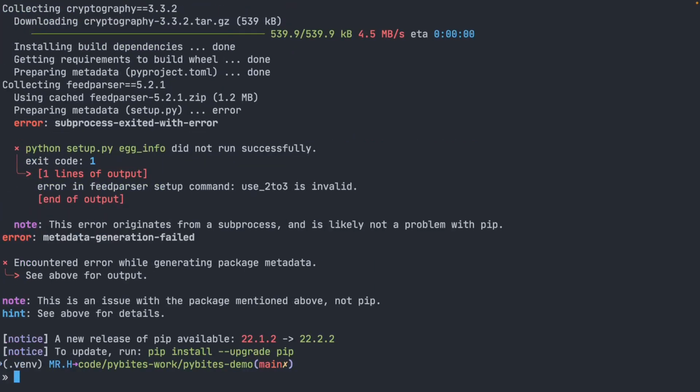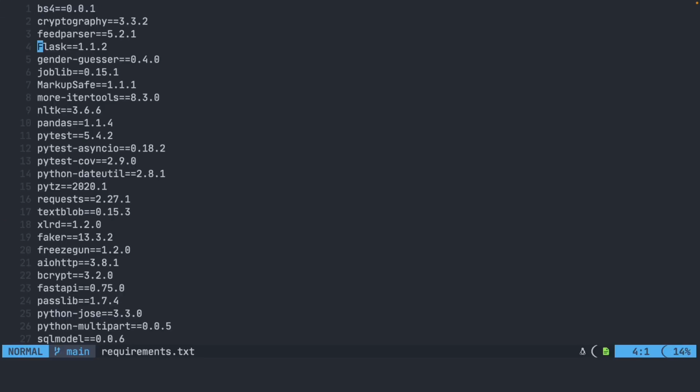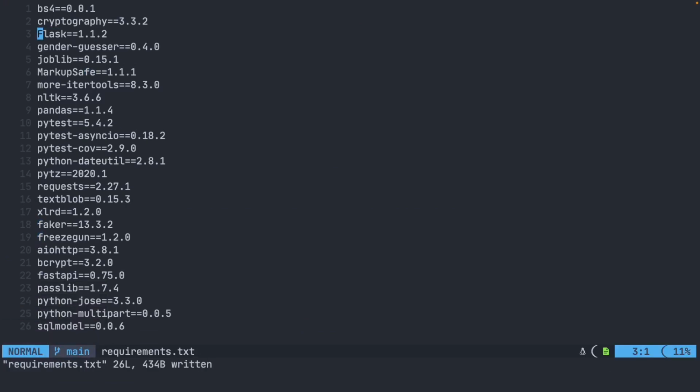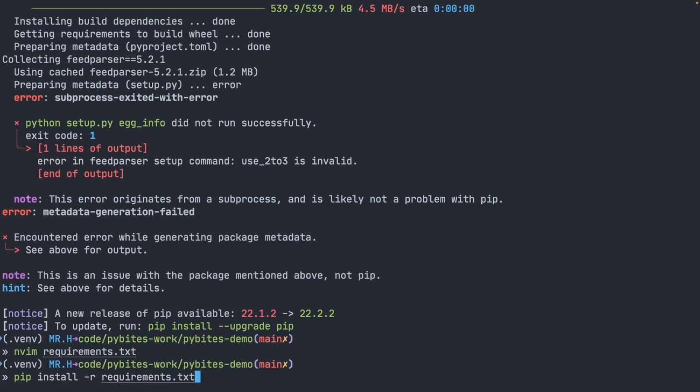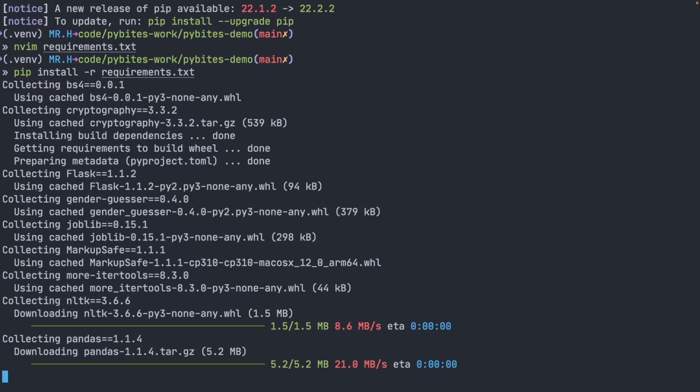My gut instinct is that we're going to get some errors. So you'll see right here, we have an error with feedparser. Now, this will only impact you when you're trying to solve bytes locally that actually use the feedparser library. So if you're okay with this, you can actually just remove that. So we'll go to the requirements file, get rid of feedparser, save, exit, and let's try it one more time. So you can continue doing this, removing anything that you have a conflict for,